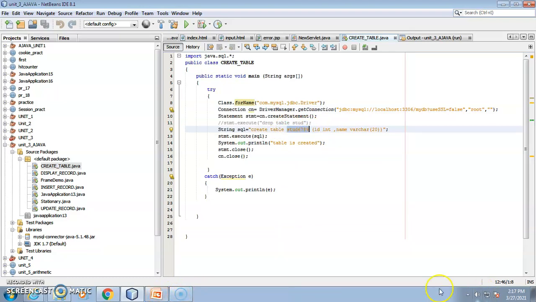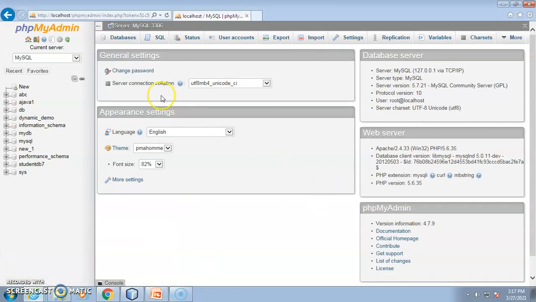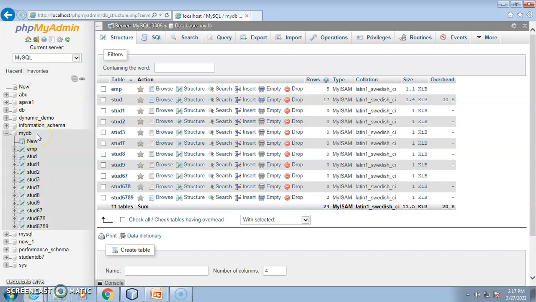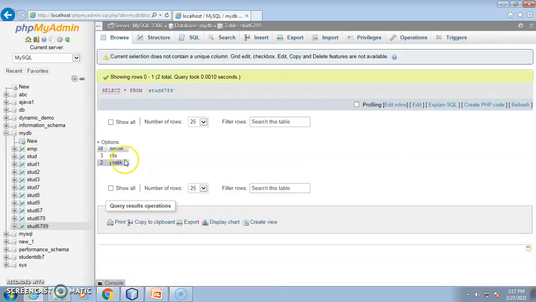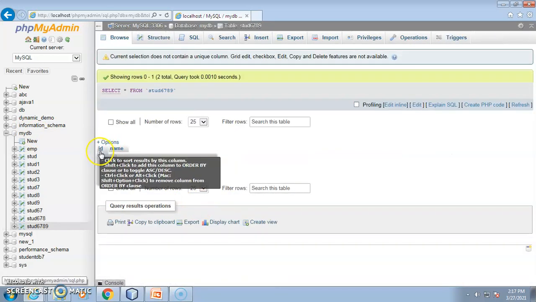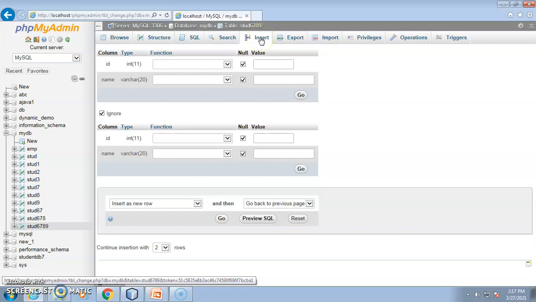Okay, so here MyDB is the name of my database, and here you can get this table. Just click here. As I said, there are two columns, ID and name. Two records are there. ID for Rita is 3 and ID for Pratik is 2. So I hope it is clear to everyone. From here you can insert other records also.